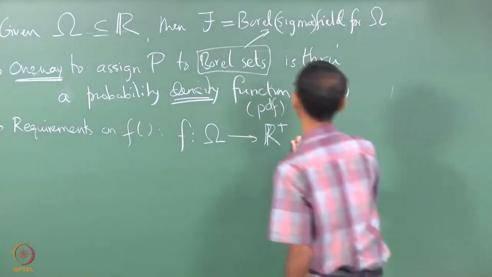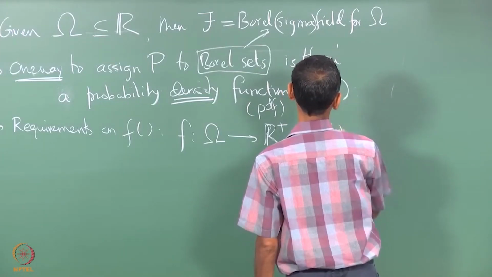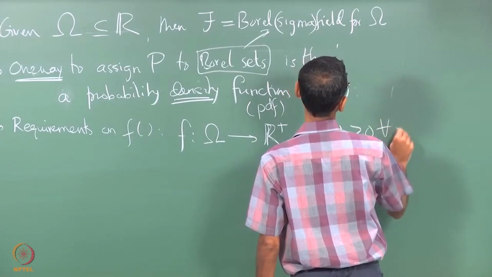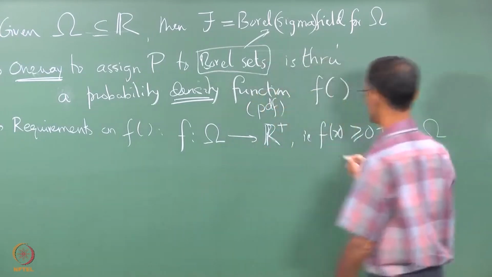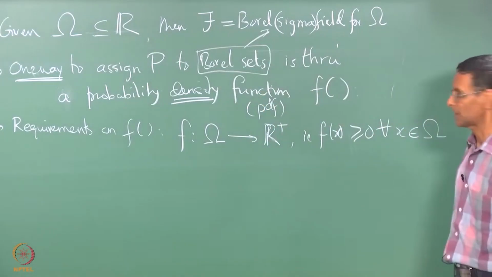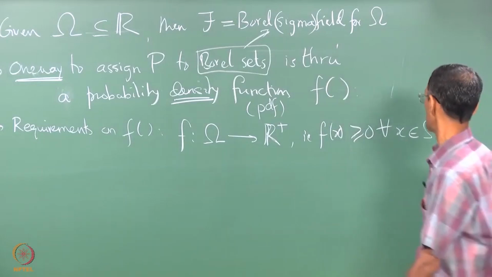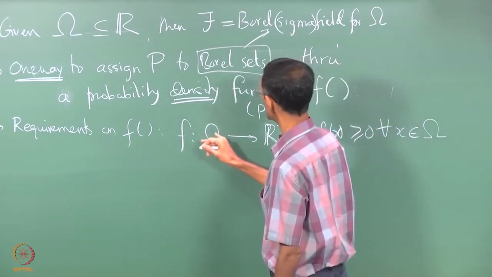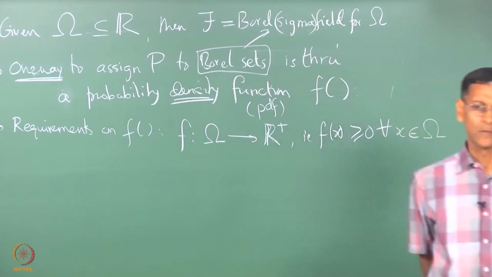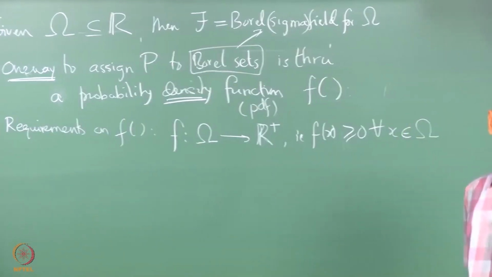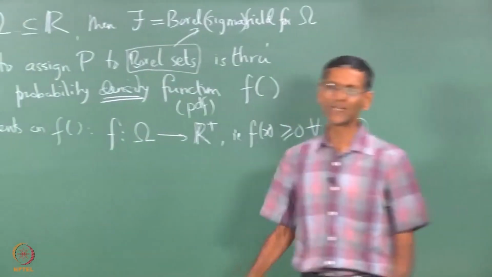So this non-negativity is very, very important, right. If it takes any negative values, it cannot be a PDF. So at a minimum it should be defined for all points in omega, but most people consider an extended definition